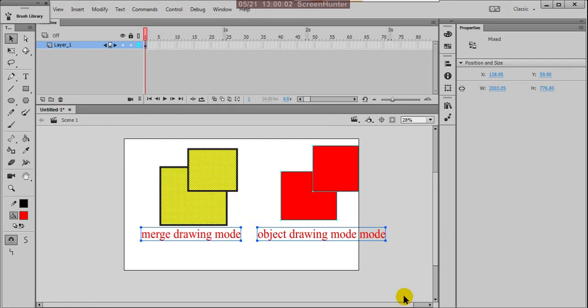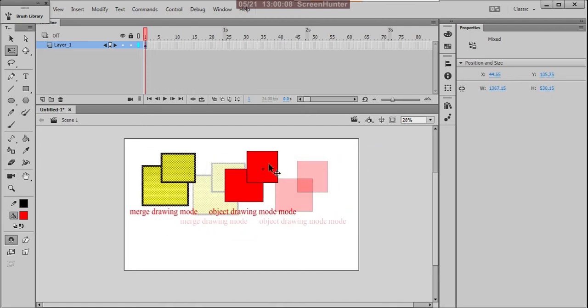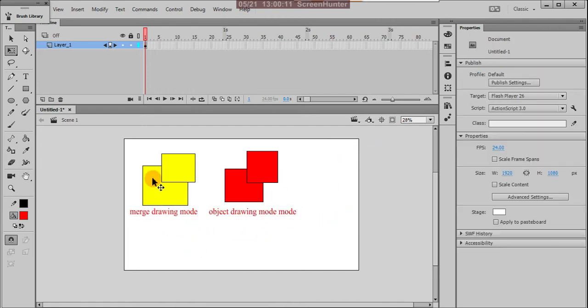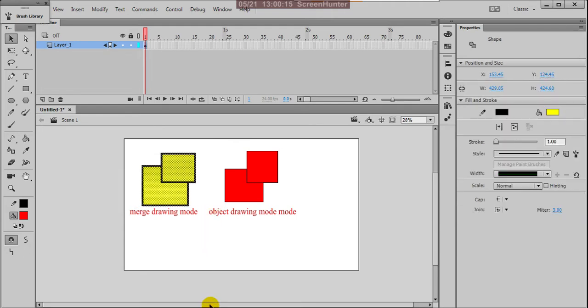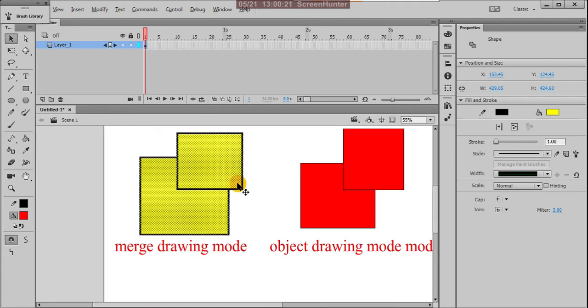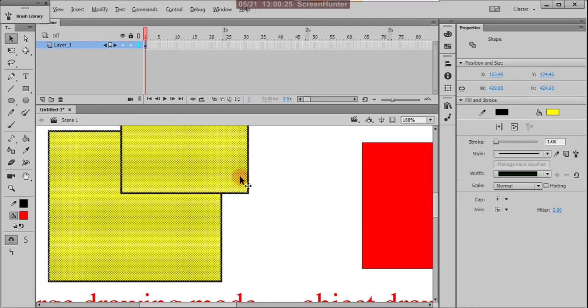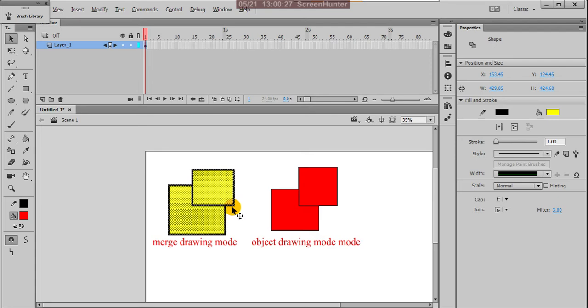Select this and you can reduce this. Now we'll understand. Observe here, it is like a pixel. It is showing a dotted, pixel-like look, so that means it is in merge drawing mode.